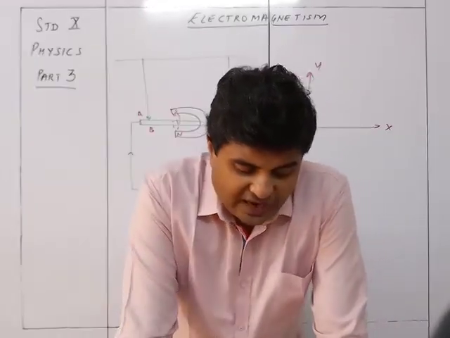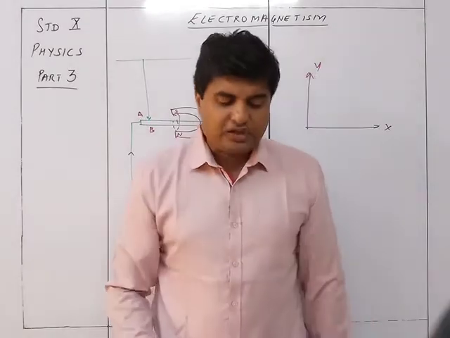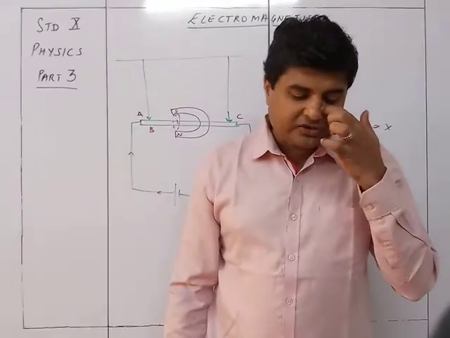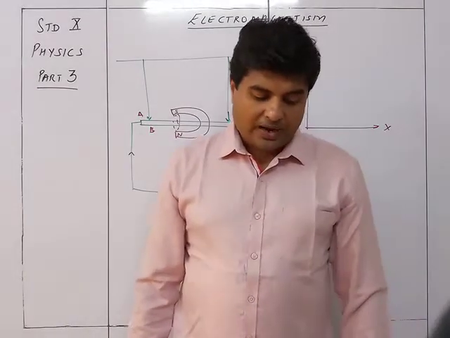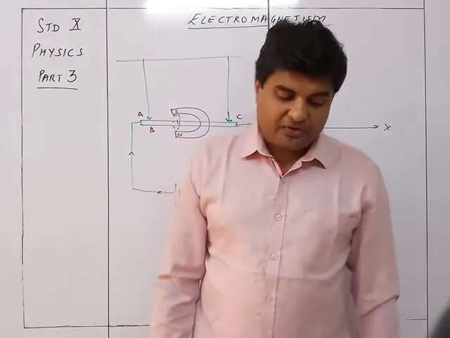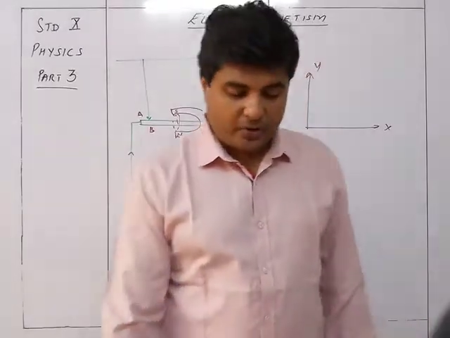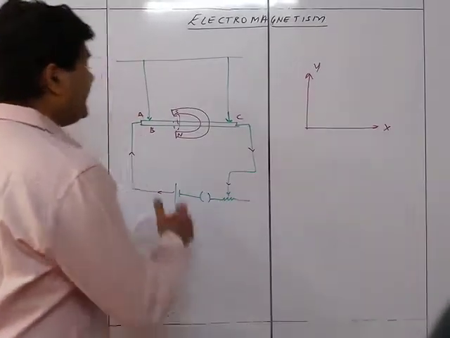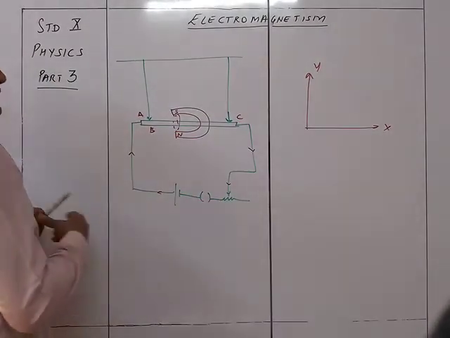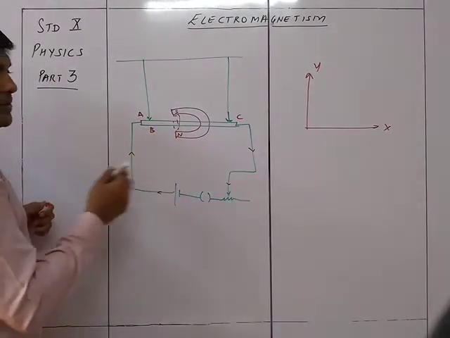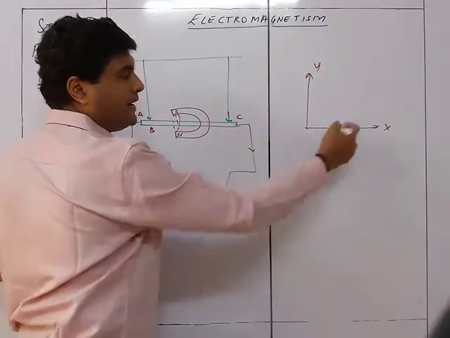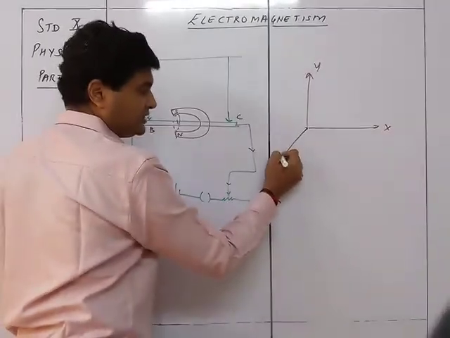A force F acts on the wire in the direction perpendicular to both the direction of the current I and the direction of the magnetic field B, as shown in figure 10.22b. So when it is switched on, there will be a force applied, which will be in a direction mutually perpendicular to this. That means it will be something like this.